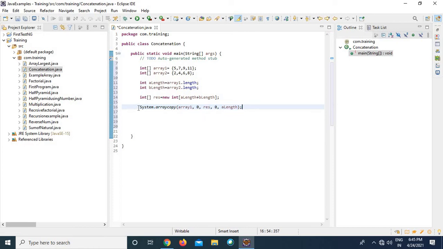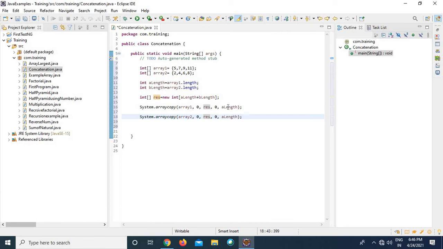Similarly, I wanted to copy the second array as well. So if you copy and paste the same thing, just have a look: I'm going to take array2 here, and from array2 I wanted to take all the values from the beginning into result. Here you need to understand the logic.